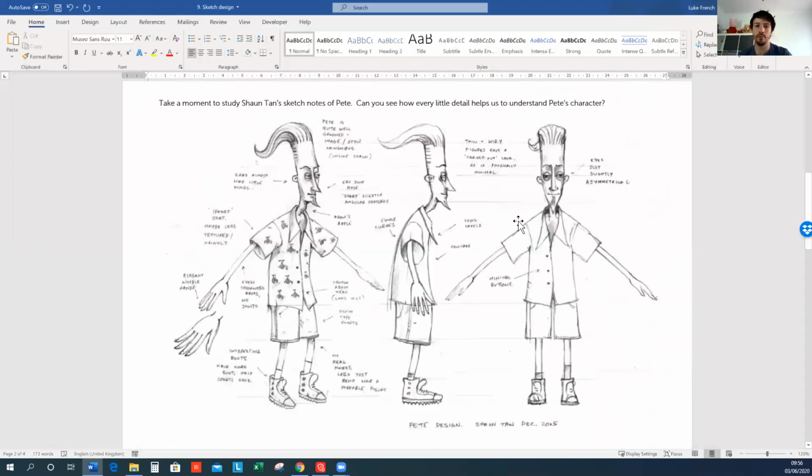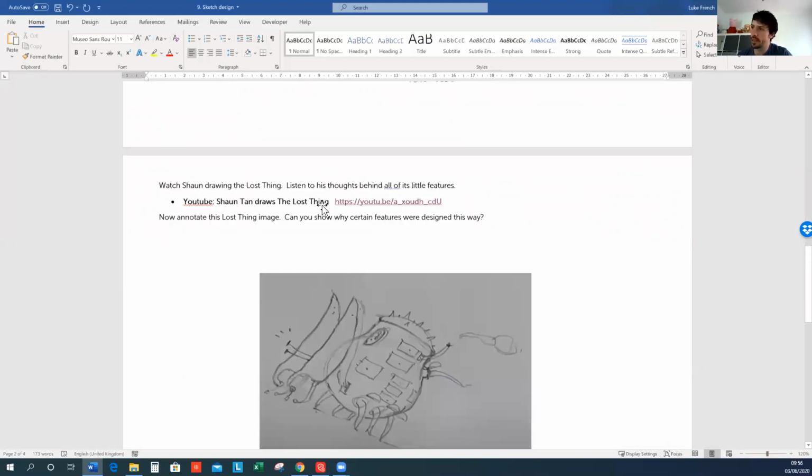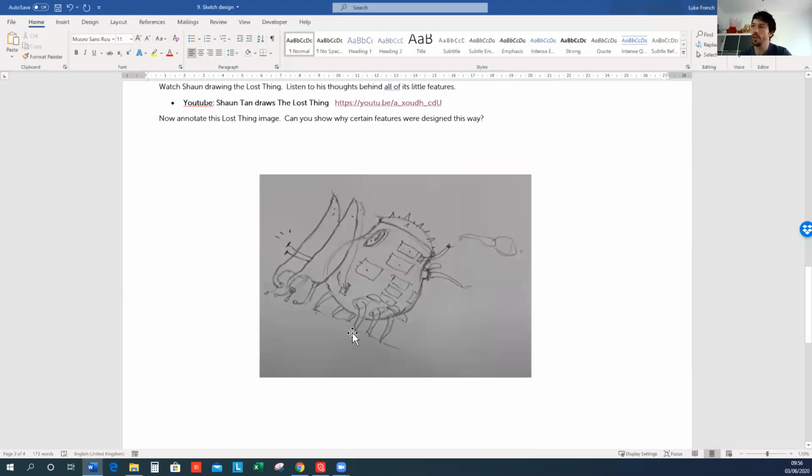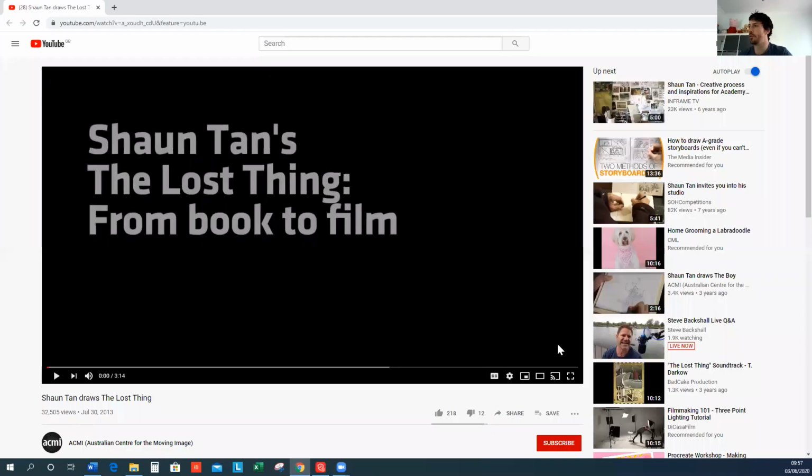Yeah, it's not just that he's got a red shirt, he's got a very particular design on his shirt for a very particular reason. So I want you to look at this sketch of the lost thing. And I want you to annotate this picture just like Pete's picture was annotated. But I want you to take careful consideration into why things were chosen. Now, to help you with that, there's a video at the top of the screen. You can Google Shaun Tan draws the lost thing, or you can click on this link and it'll take you to this video of Shaun